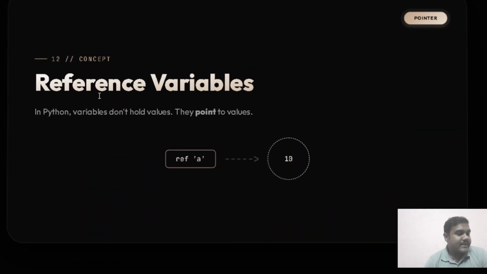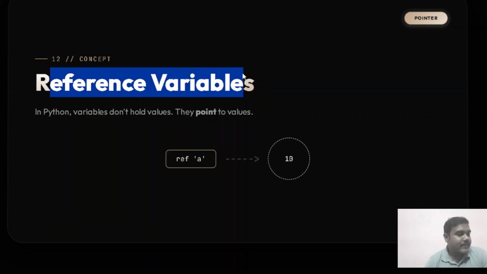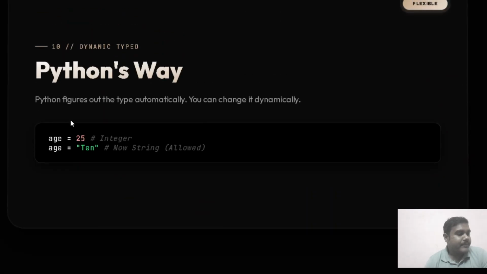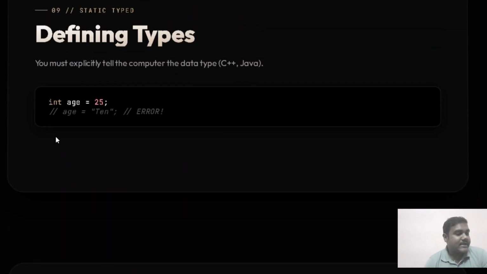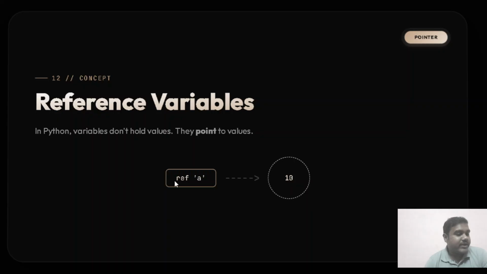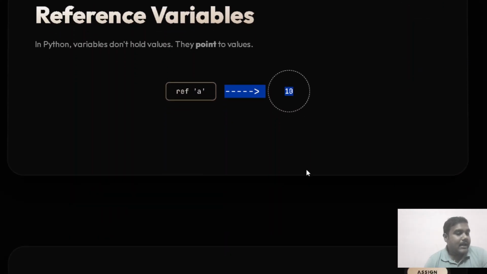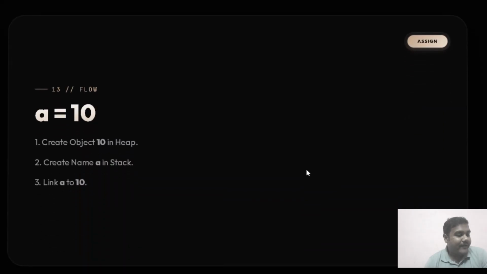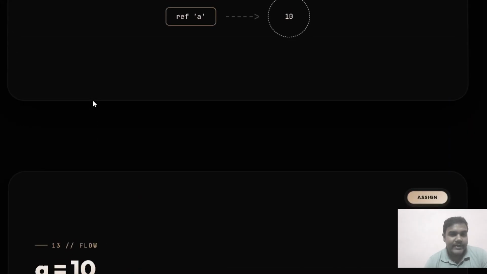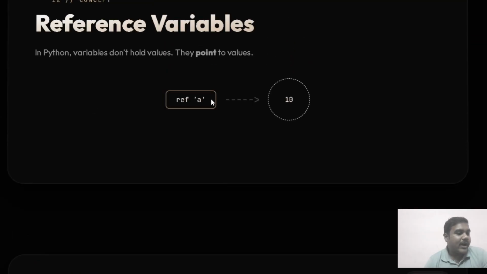So this is how it works. Now here let's say you have variables, like age and before that name, all these things are variables. So let's say you are storing something. Now your variable is a and you are storing the value 10. Now if you are creating another variable and storing b equals a, or let's say a equals 10 and b equals 10, what will happen?